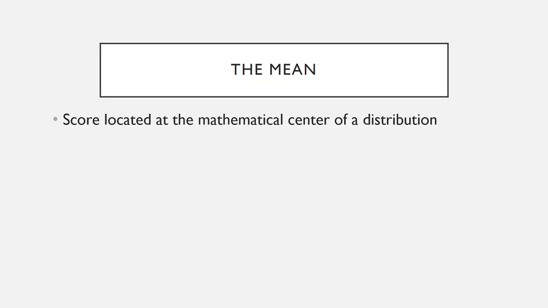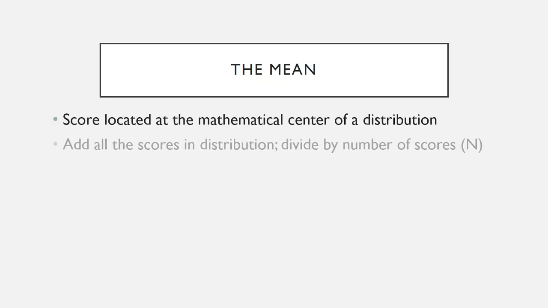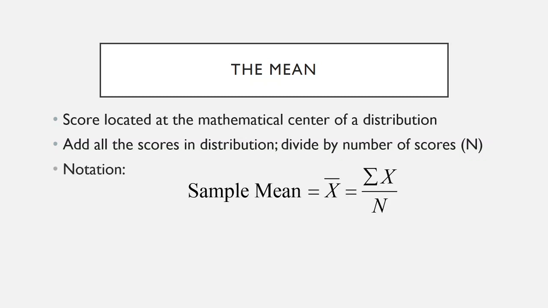So the mean, on the other hand, is more so located at what we call the mathematical center of a distribution. This is a statistic that takes into account the actual numerical weight of all of the values in your data set, and the outcome is derived based on all of the scores in your data set. So really, no information is lost. The way that you get the mean is quite easy. I'm sure you all know how to do it. You add up all the scores in the distribution and divide by the number of scores, so n. Sum of x over n.